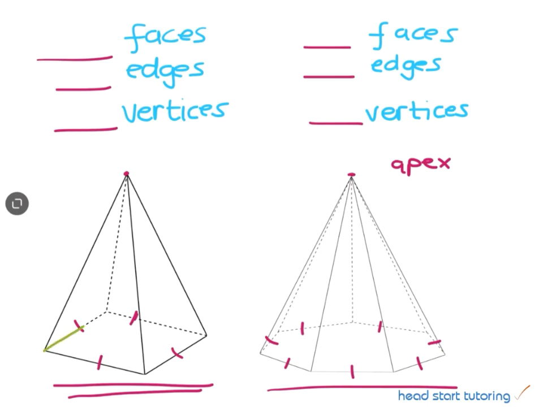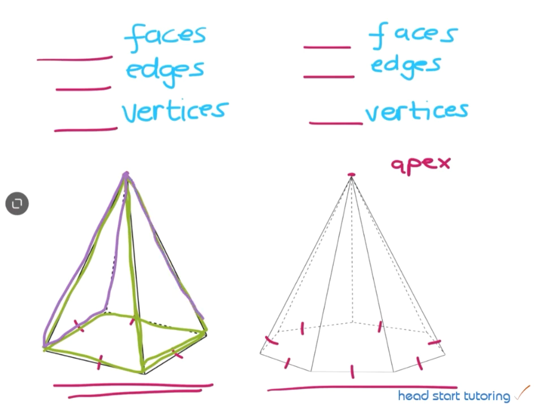We have got one square base at the bottom, which is also a face, remember? And then we have got one face there, which is triangular in shape. And we have got another triangular face over there. So that makes up 1, 2, 3 faces. And then I'm going to use a different color to show you. We have got another triangular face over there. So that makes up 4 faces altogether. And we have got another triangular face over there. Right. So that makes up 5